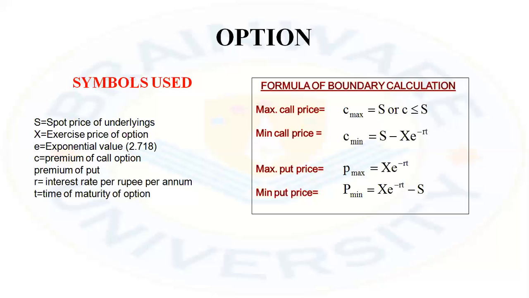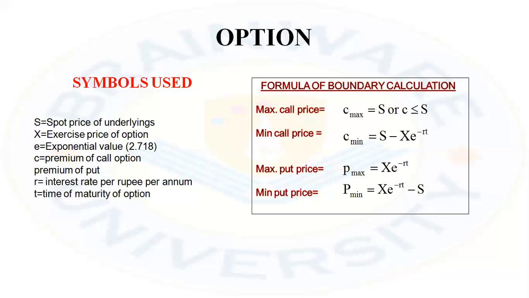First is the maximum call price. It is very simple. Whatever we have stated there has been just shown here with the help of symbols. C max means maximum premium of the call option, which is equal to S. S means spot price on the date of settlement. The spot price